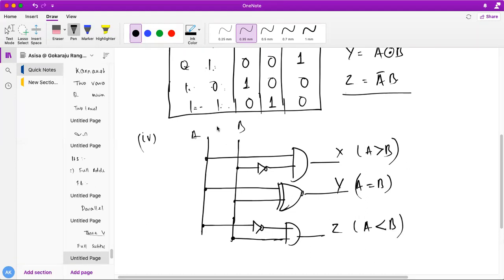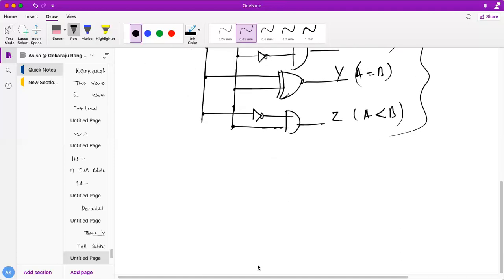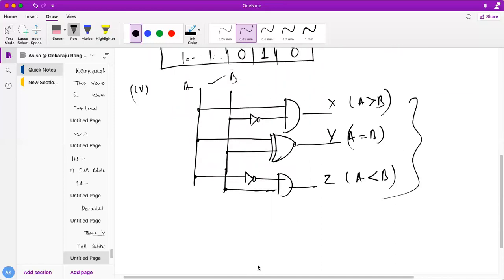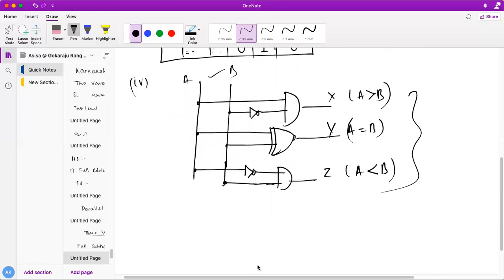So these are the 2 inputs, these are the 3 outputs of a comparator. Okay, so now check here. This is actually for 2 bits. For 3 bits, 4 bits and so on, we should have one generalized equation, students. So you should know how it works. I will give one of the important things for the equality condition.